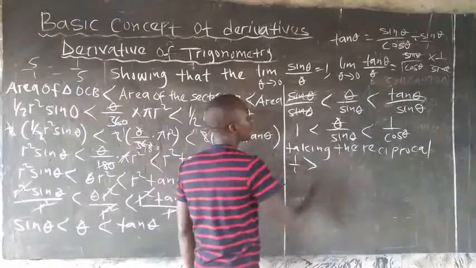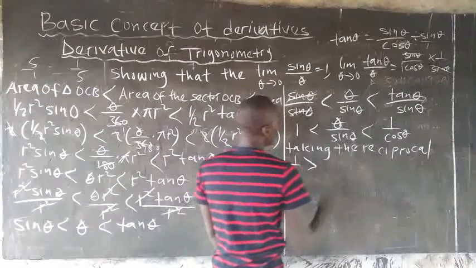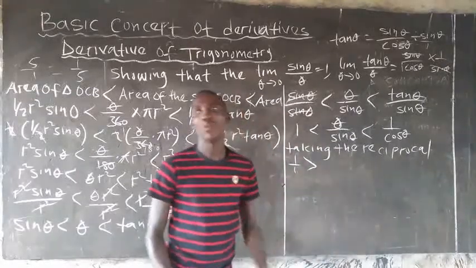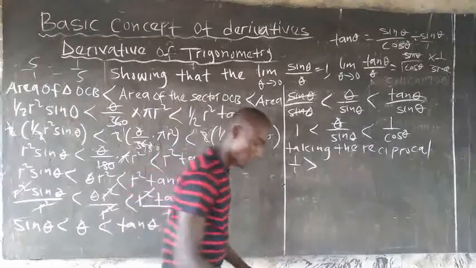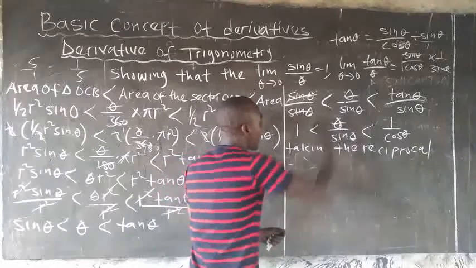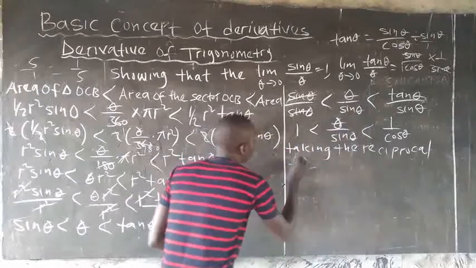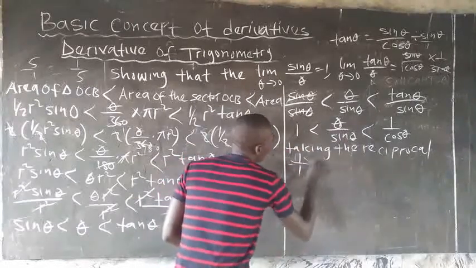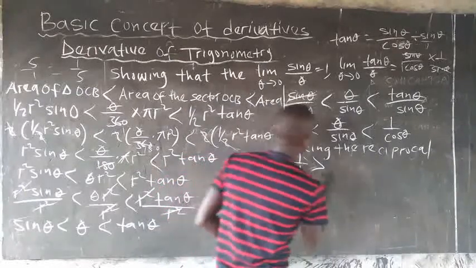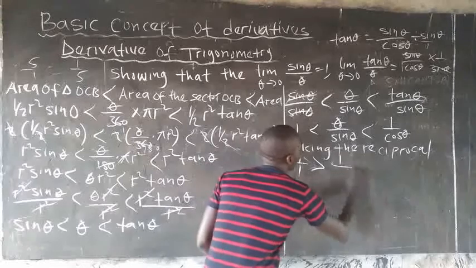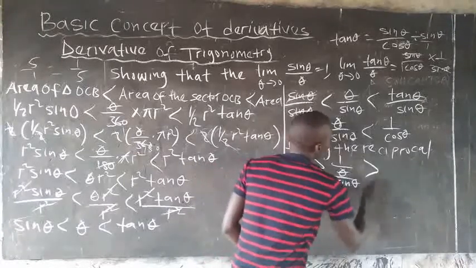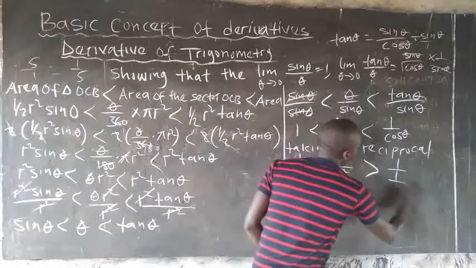If we are taking the reciprocal of this, let me do it in a way that you will understand. If you take the reciprocal, it means add 1 all over. This one will be 1 all over greater than, because we are taking the reciprocal, so the sign of the inequality will change. So this one will be 1 all over sin theta greater than 1 all over